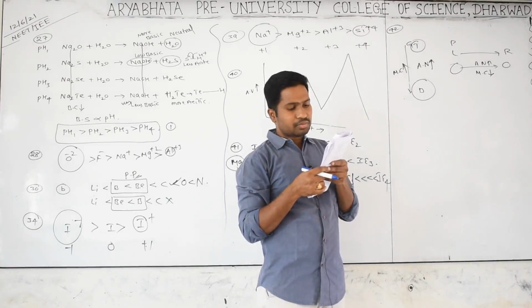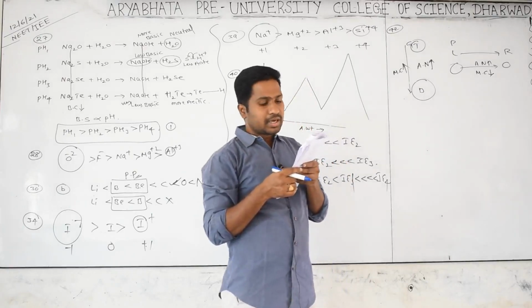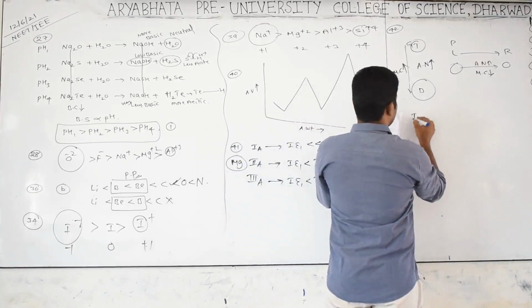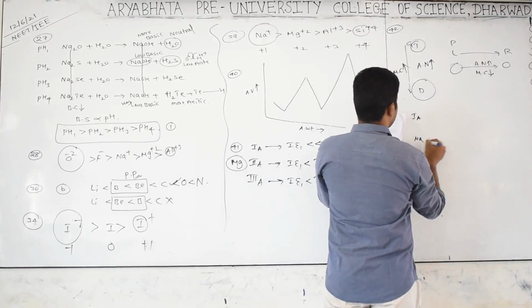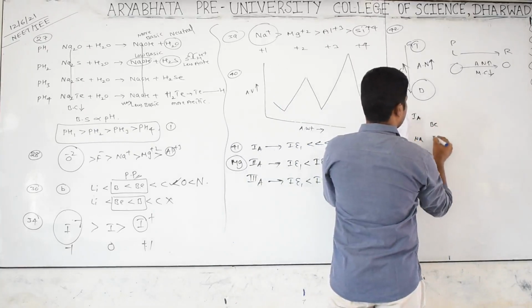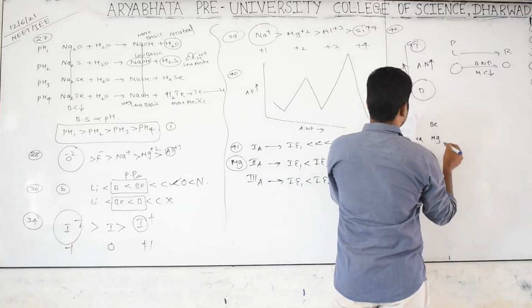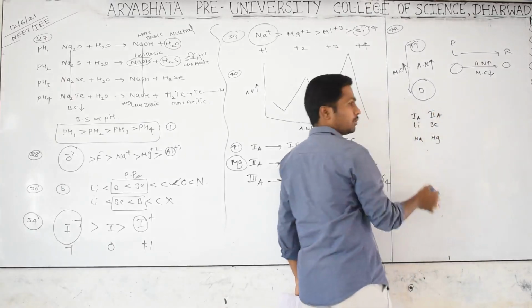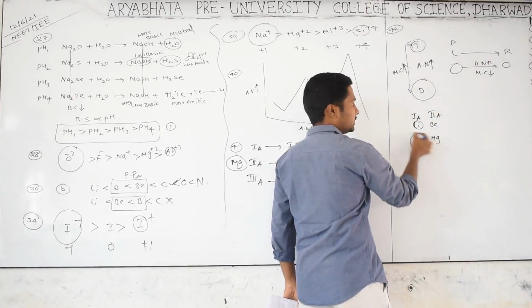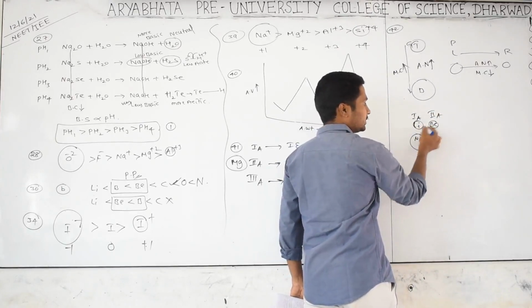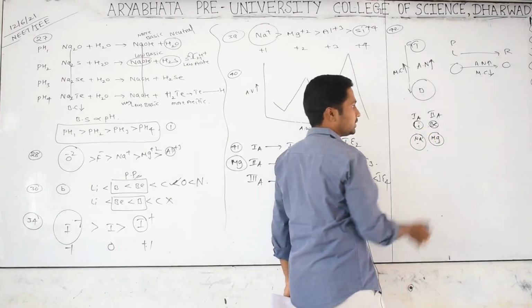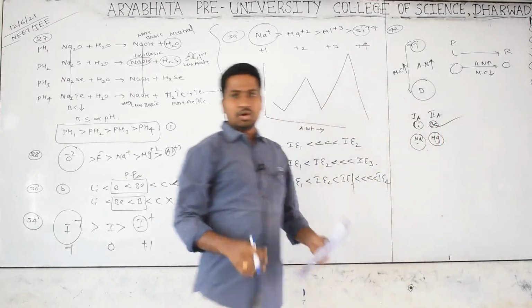And the last bit, which of the following atoms will have the smallest size? Check it. What is that element? Sodium. Sodium is a first A group element. It is actually sodium. Beside it beryllium and magnesium. After that lithium. Yes, these are first A group elements and second A group elements. From here to here size is increasing, from here to here size is decreasing, but here to here size is increasing, but here to here decreasing. What is the least in size? Beryllium. Are you getting it or no?